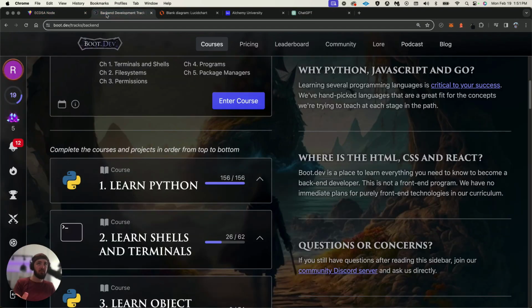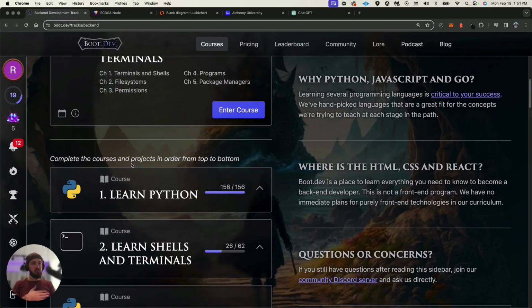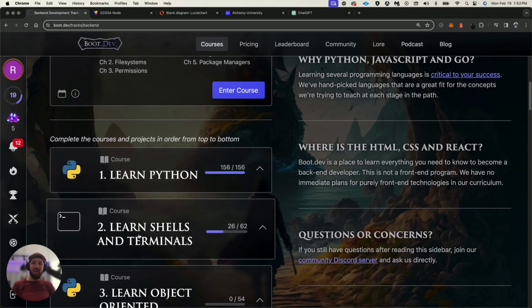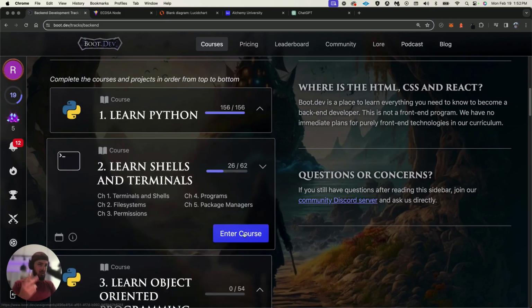Okay, so let's dive into today's deal, guys. I've got some cool stuff coming out with the blockchain stuff. I love the Web3 stuff the most, that's my go-to. But what I love just as much as Web3, or second in line, is backend engineering. So let's dive in and learn some more about terminals.